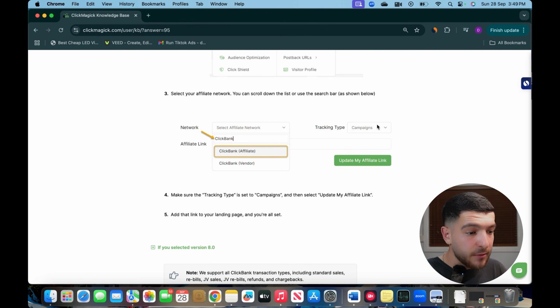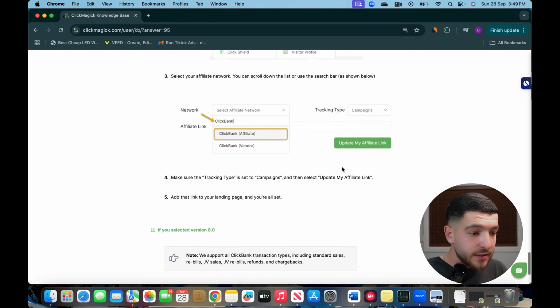Now for our tracking type, we want to leave that as campaigns. Then we want to click on update my affiliate link. All we have to do is add that to our landing page and you're all good to go. And that's all good for the sales side of things. But what we want to go do now is see how we can start tracking our checkouts and engagements with